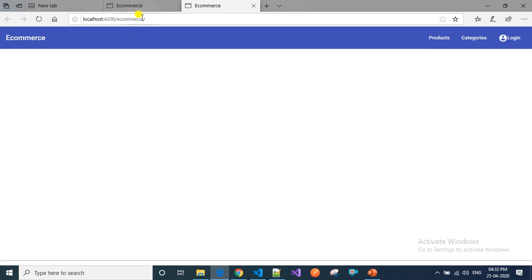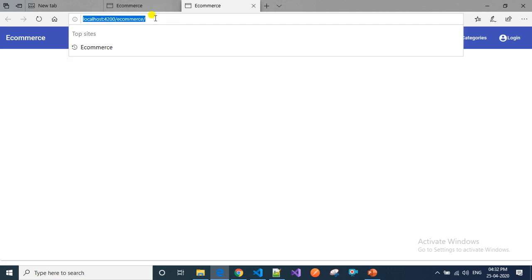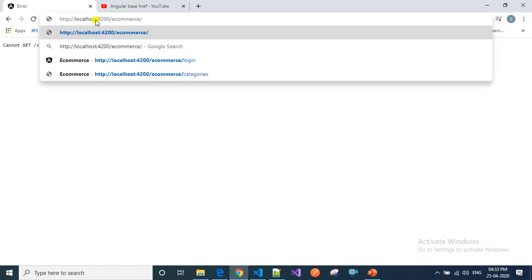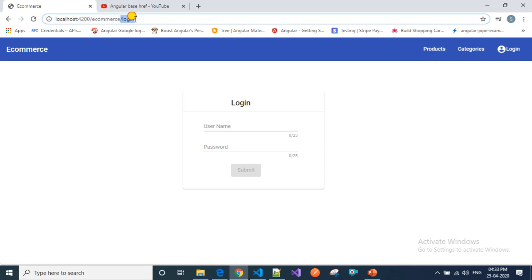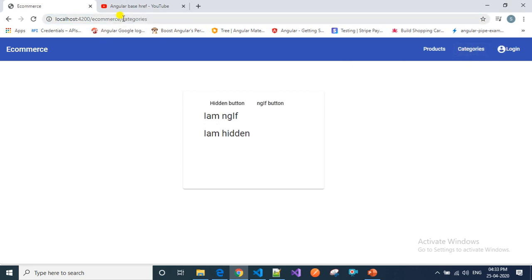So you can see here our application is compiled successfully and it is opened in the browser. This is the folder name that we have given, and if I click on login, this login path will be relative to the folder path that we have given, and the same applies to categories.